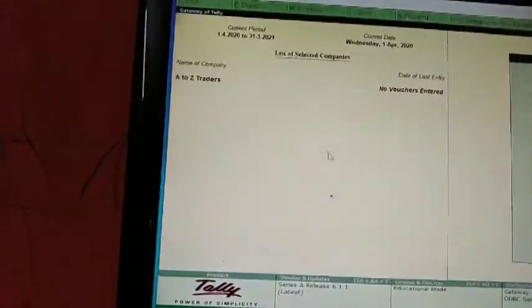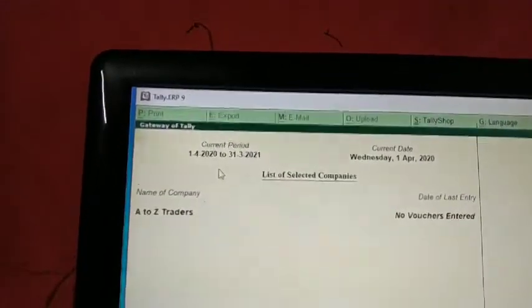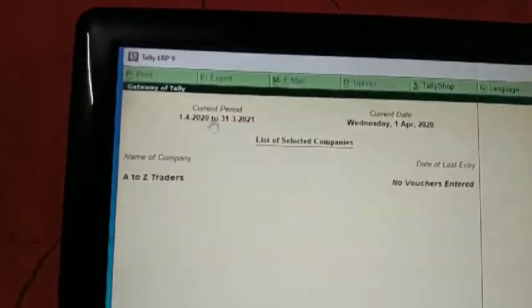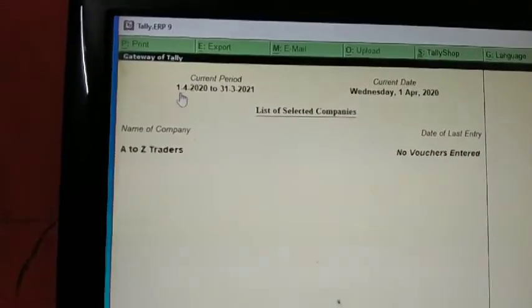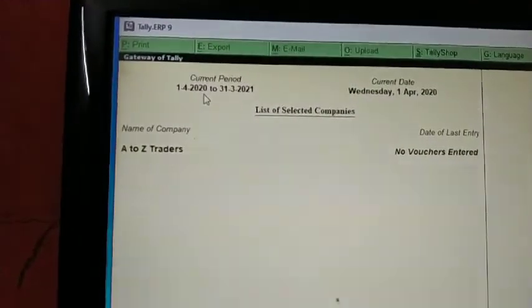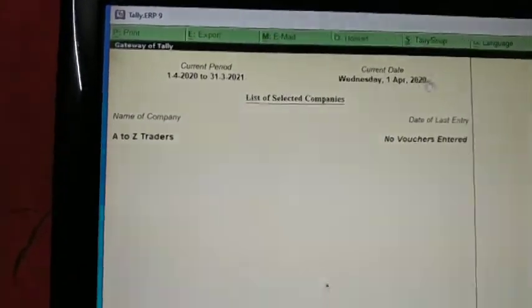Now we'll understand the left part of the screen, that is current period. Current period is shown here, it is the financial year of a company. As I selected 1st April 2020 for the beginning of the financial year, the ending of the financial year will appear here.